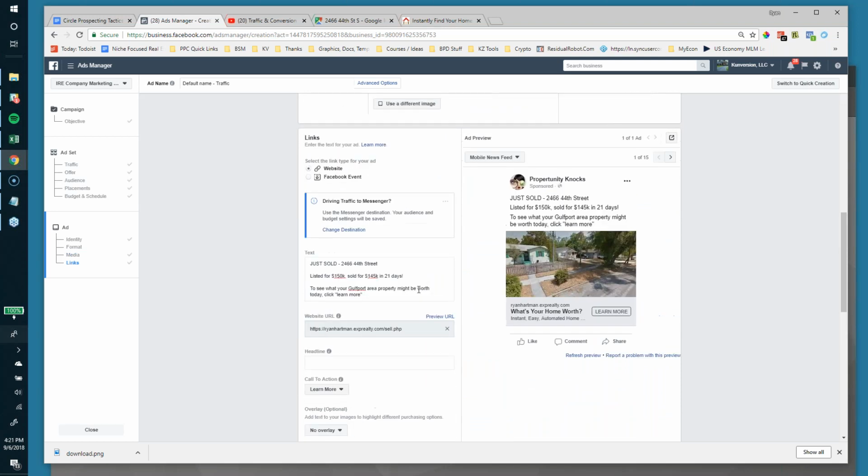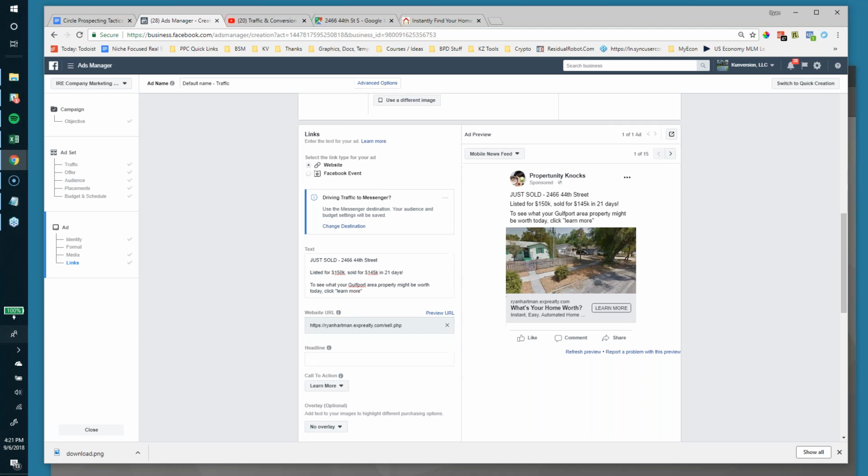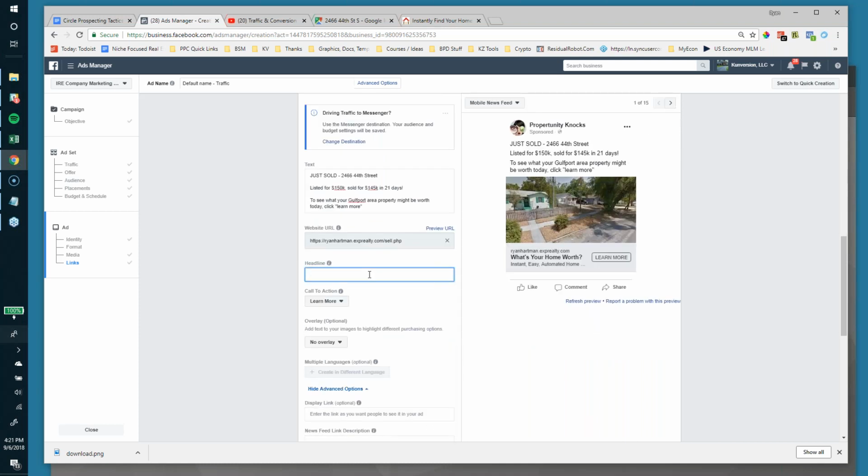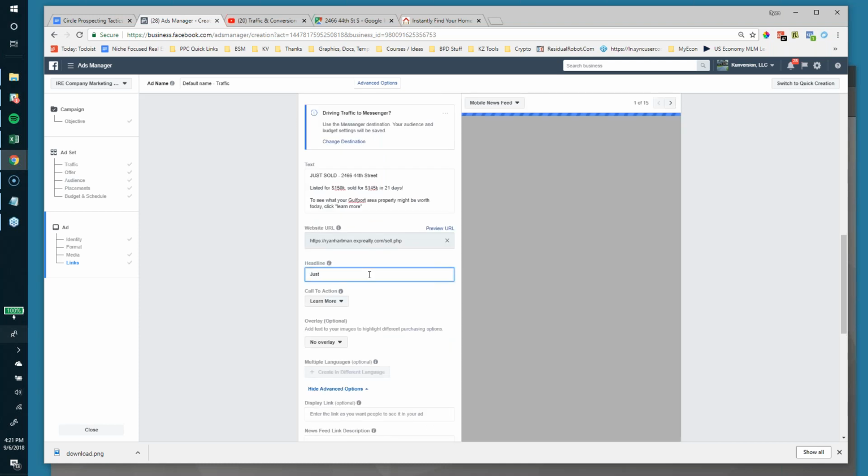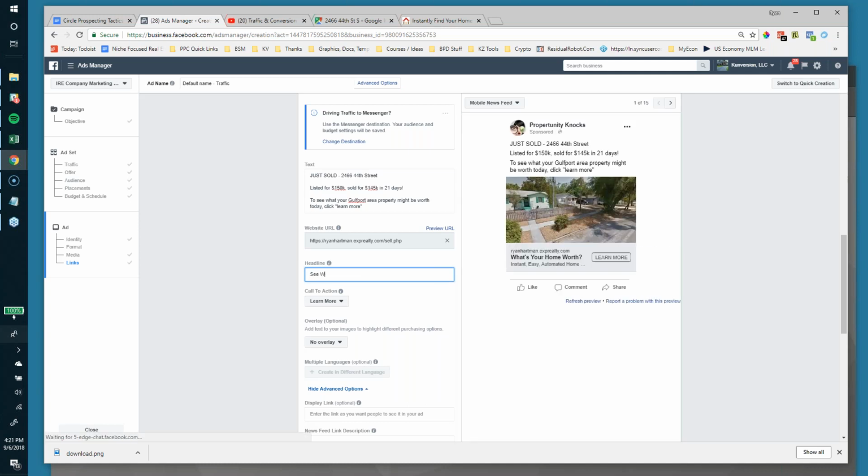For circle prospecting and farming, it could also intimidate other agents and make them not want to market because they see you going nuts in the zip code. A lot of people aren't that tech savvy, a lot of our competitors, and they just see you everywhere and they're like, I'm not going to go in there and send postcards. So there might be a deterrence factor for you allowing them to see all your ads, kind of like puffing your chest out with the advertising. I'm not sure, but yep, just sold. So see what yours